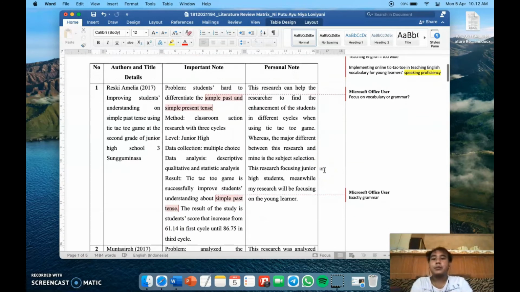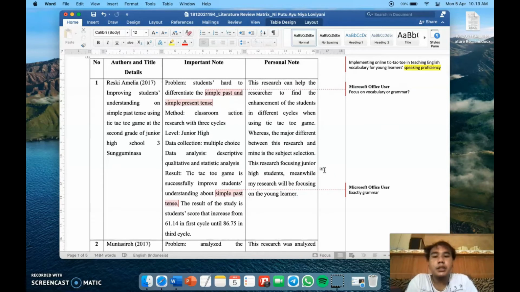And then we continue to the matrix itself. So here, for the first article that Nia used to support her research, the problem of the first article is more focused on simple past tense and simple present tense, which is grammar. So I asked Nia here whether it is focused on vocabulary or grammar based on your research. But